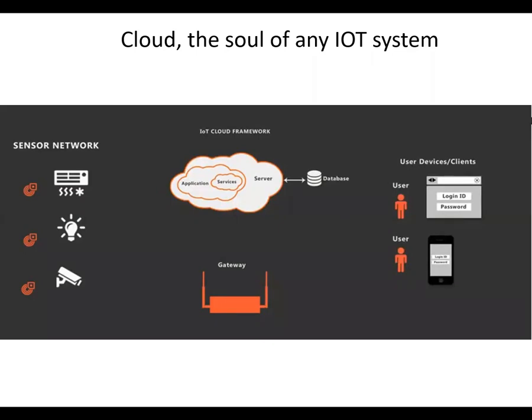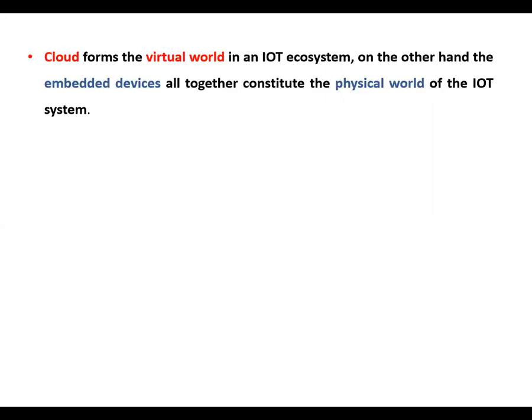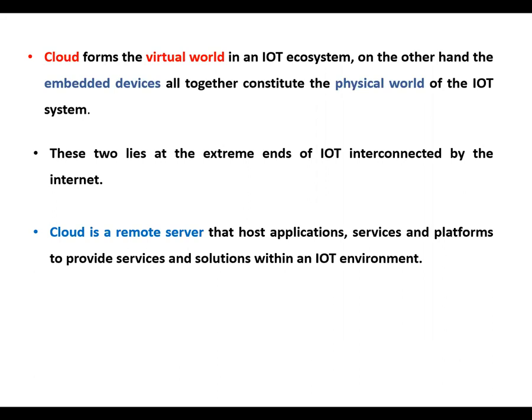At one end we have physical devices, physical world, and on the other end there is virtual world. The cloud is the main part of the virtual world. And these two lie at extreme ends of an IoT interconnected system. And cloud is a remote server that hosts applications, services, and platforms to provide services and solutions within an IoT environment. So the cloud will provide the storage,